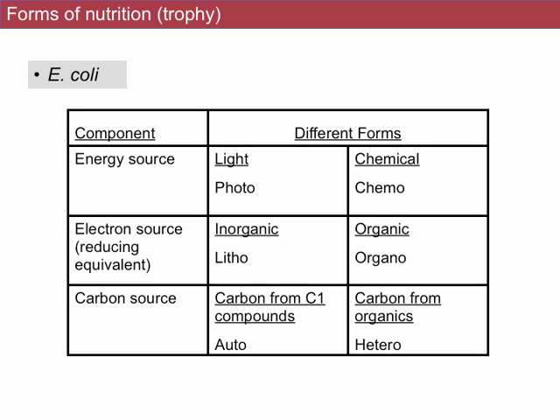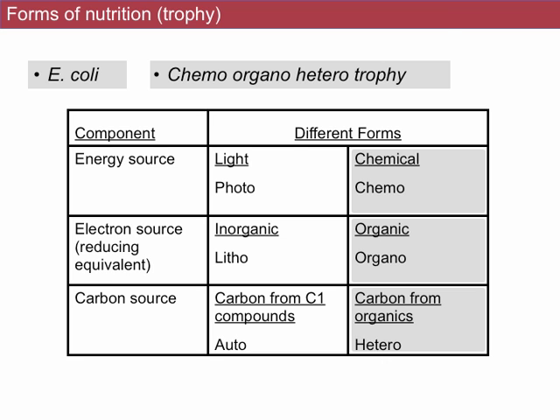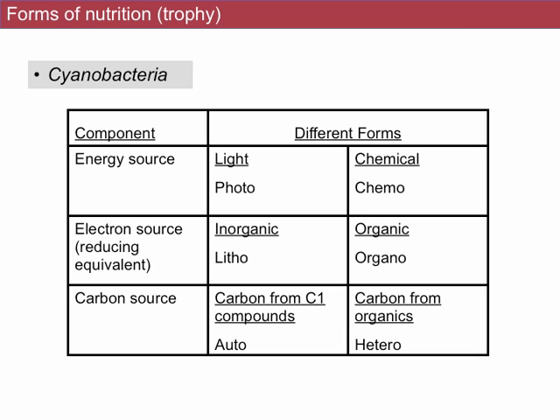So E. coli, classic model organism studied in labs all around the world. It also happens to live in our gut and some of the time makes us sick. There are certain strains of E. coli that make us sick. E. coli is a chemo-organo-heterotroph. Basically it uses sugars, for example, for everything. It uses chemical energy from the sugars, it uses the sugars as its electron source, and it uses the sugars for carbon. It can also live off of other organic compounds, but sugars would be one of them. So it's chemo-organo-heterotrophic. Sometimes that's just called chemoheterotrophy.